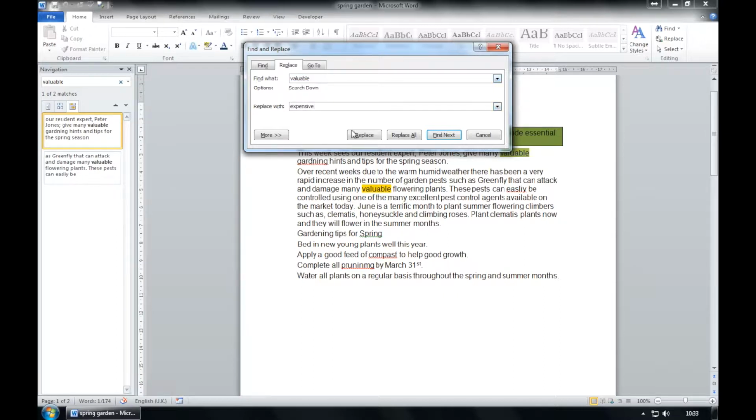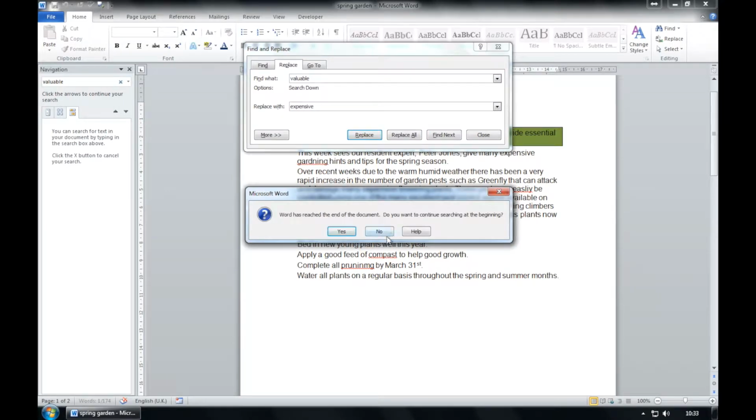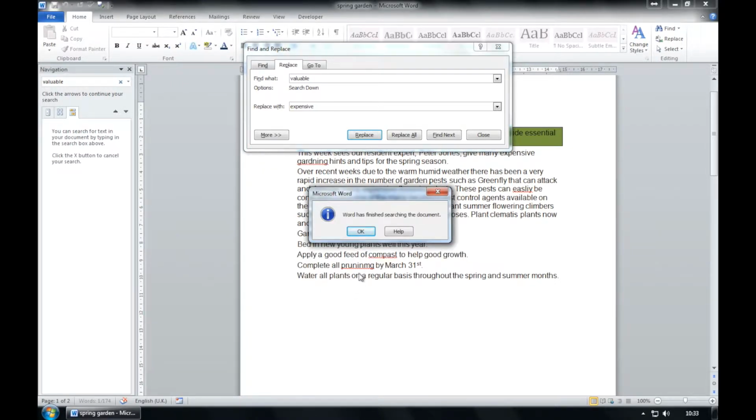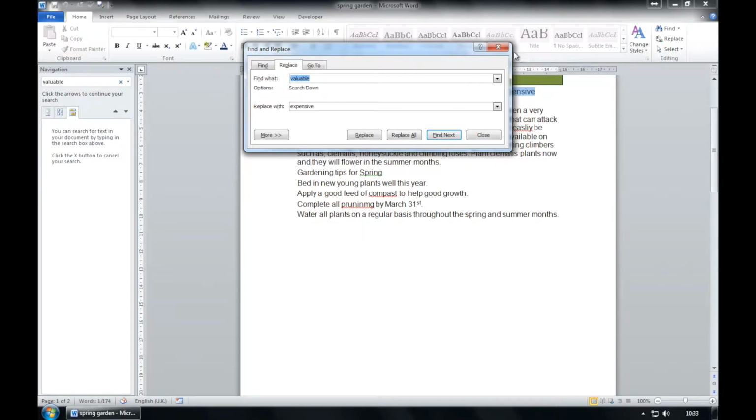Okay, and then we click replace, and it should change that first word down here to expensive. There's also another valuable here, so if we click replace again, that has changed both of those to expensive. And then we click yes, we want it to keep searching, and then when it searches everything we press OK, and then we can close the find and replace